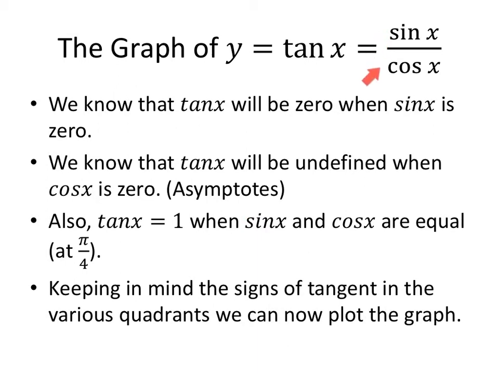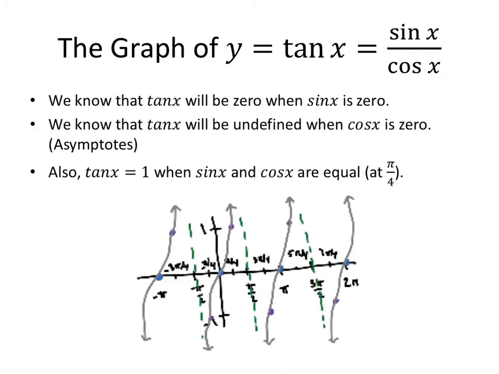Also, when sine of x equals cosine of x, tangent of x will be 1. So this will be at a pi over 4 reference angle. Keeping in mind the signs of the tangent in the various quadrants, we can plot the graph. Now,